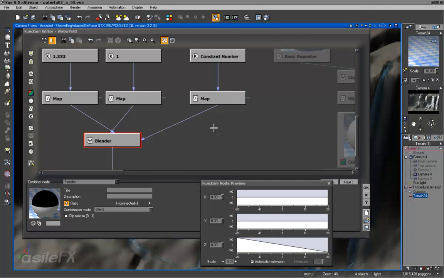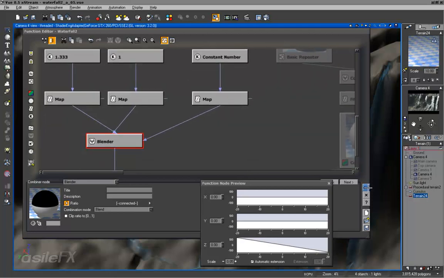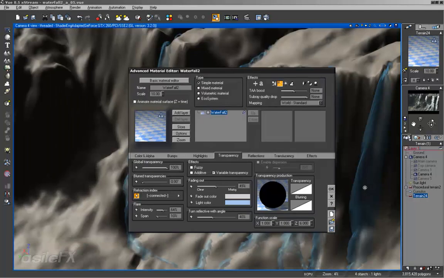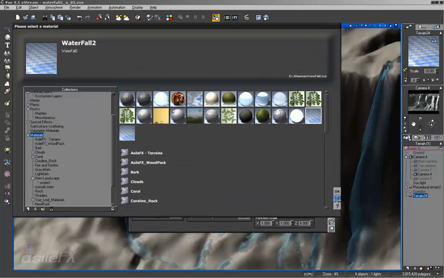Altitude typically uses real values, so we might need to do a little bit of calculating. And because of the nature of this material, I think it's actually going to be easier to do this on a different material layer with a different channel in order to get it the way we want it, because we also have the overall scaling that's modified. So what I would like to do is add a layer, just hit X,